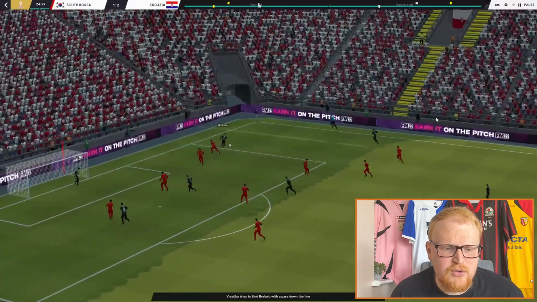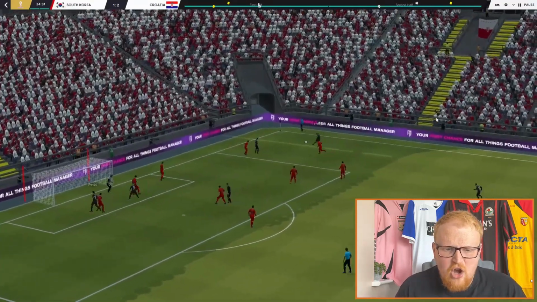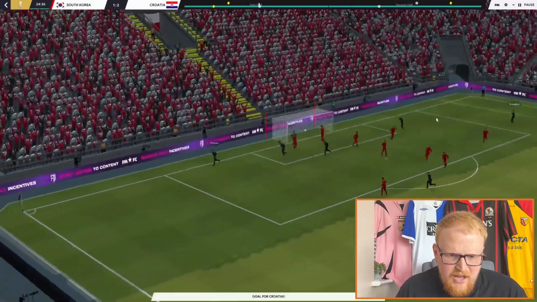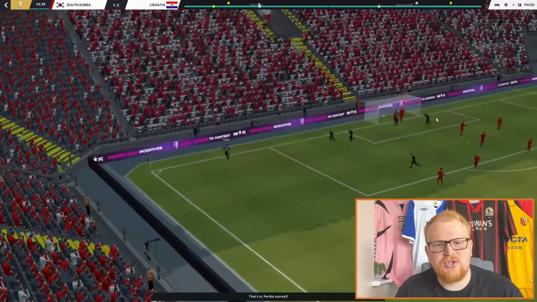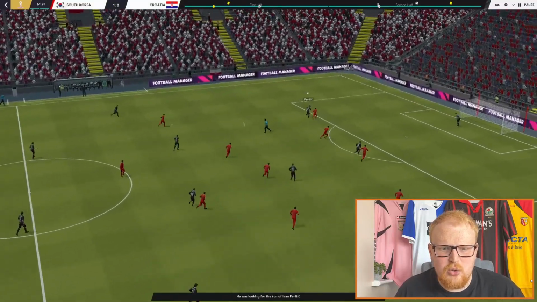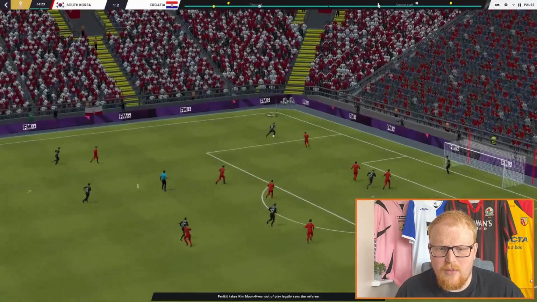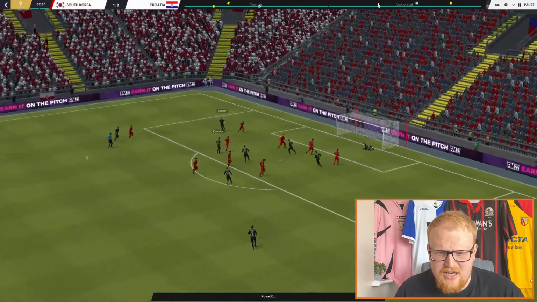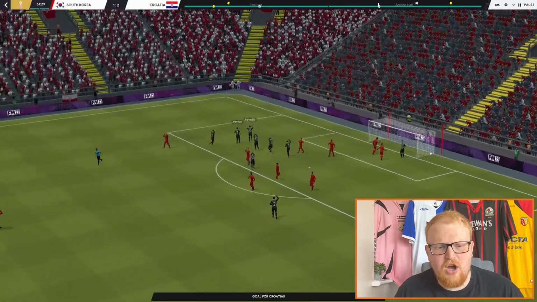Croatia getting through as well to the semi-finals, toppling South Korea. The victors over Brazil. A lovely header at the back post by Perisic puts Croatia ahead in the first half. And then they went 2-0 ahead at the hour mark. A lovely ball over the top. Perisic involved once again. He just about finds the edge of the area. Kovacic, lovely shot from range.